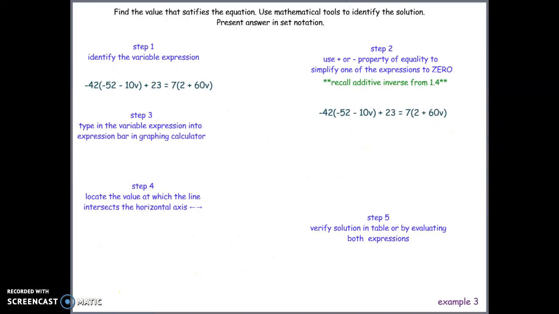Okay, here's our last example, and I'm sure you know what type